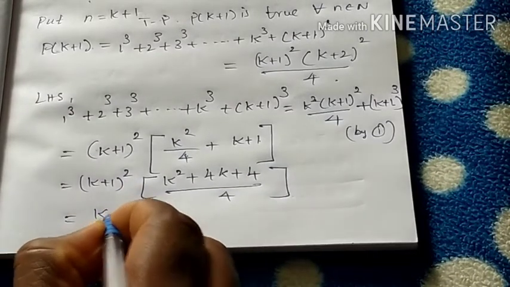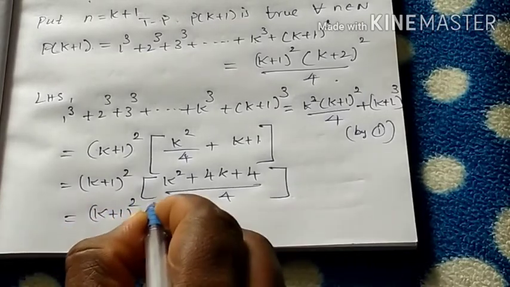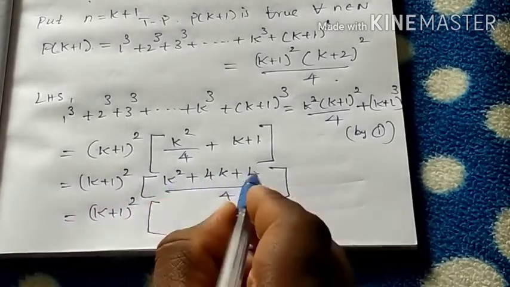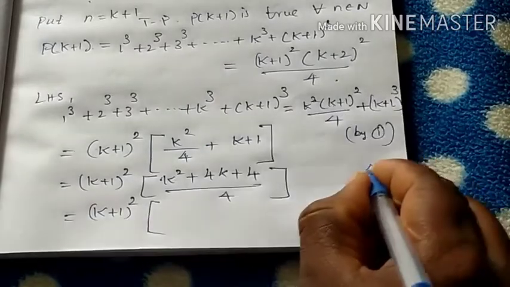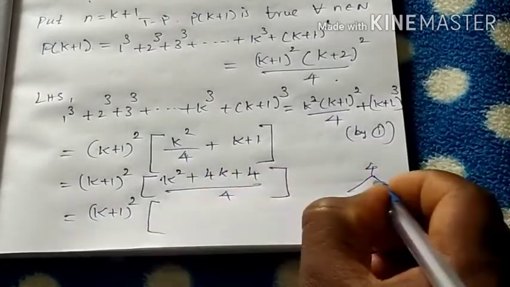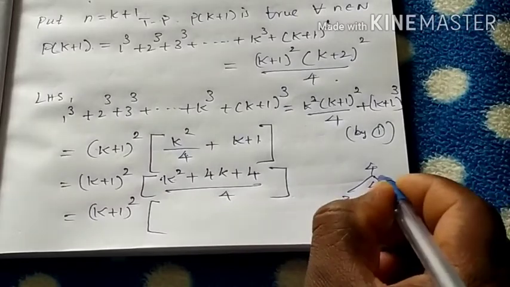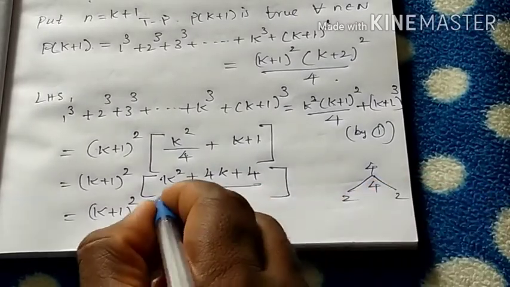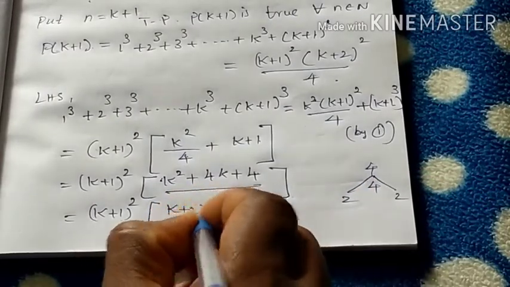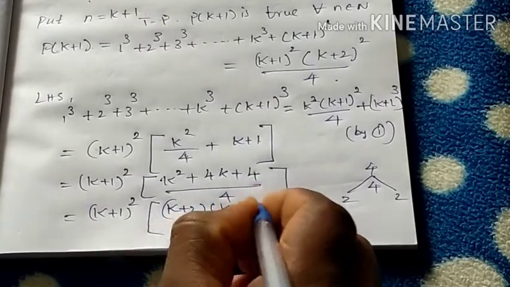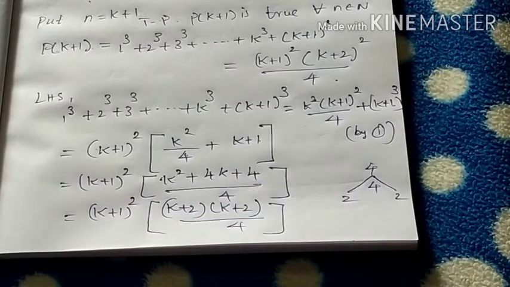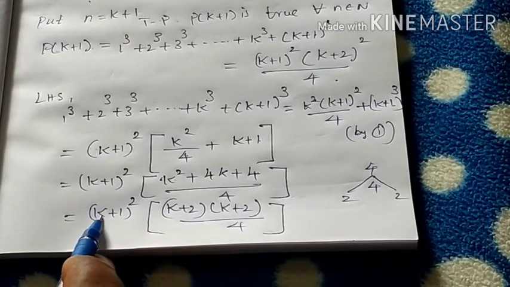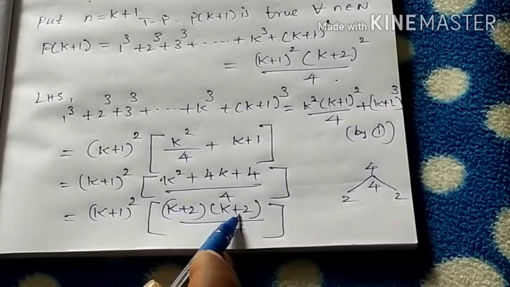Which is equal to (k+1) the whole square into... factorization, this is a quadratic equation. So 1 4s are 4 and the sum of the values is 4. So 2 2s are 4 and 2 plus 2 is 4. Okay, so (k+2) into (k+2) divided by 4. Have you understood? So finally (k+1) the whole square, (k+2) into (k+2),